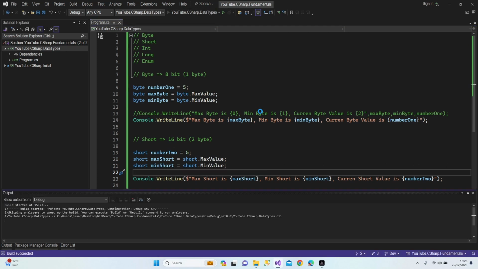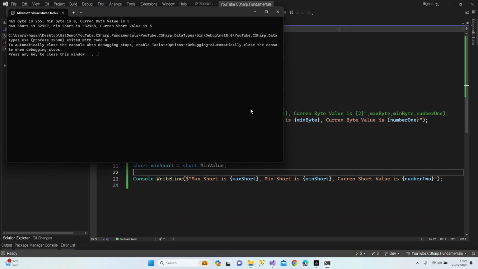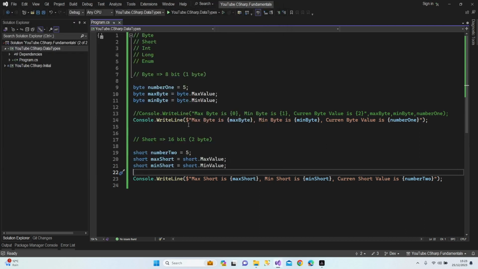Let's run our project. As you can see, the short has much bigger numbers, and if your project allows you to use these numbers, it comes from minus 32,768 to 32,767, you can use this variable, guys. Now I'm gonna go a little bit more quickly. Then the next